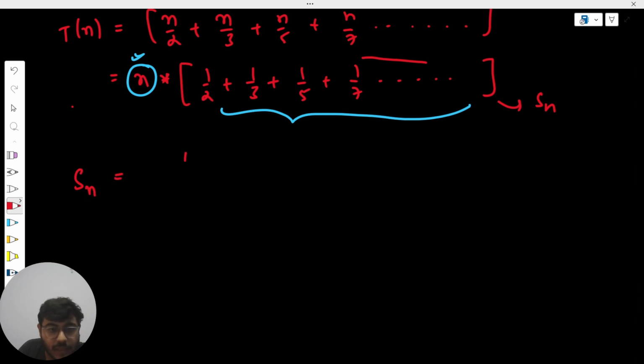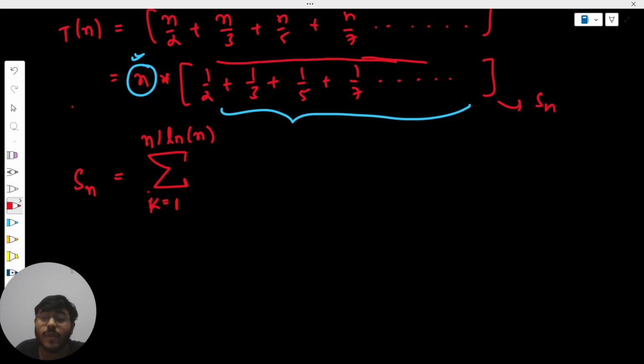Sn is basically a summation of what? From k equal to 1 up till n divided by ln of n. As I said, कि 1 से लेके n तक कितने प्राइम नंबर्स होते हैं? n divided by ln of n. So we can see कि ये जो सीक्वेंस सीरीज हमारे पास है, इसमें कितने टर्म्स होंगे? इसमें अराउंड n divided by log n times of n, इतने टर्म्स होंगे हमारे पास।